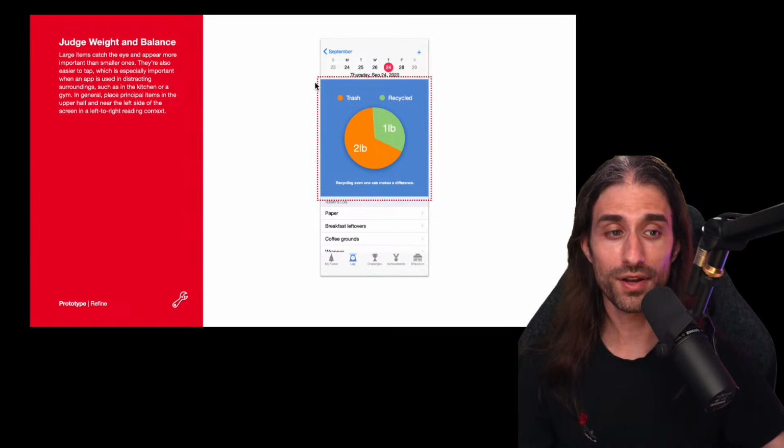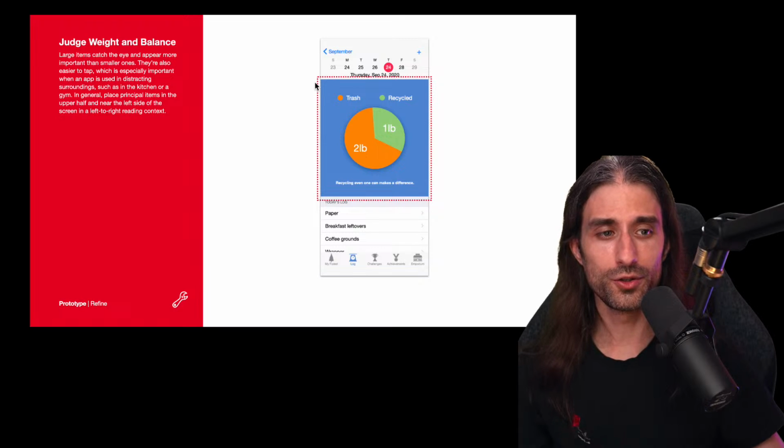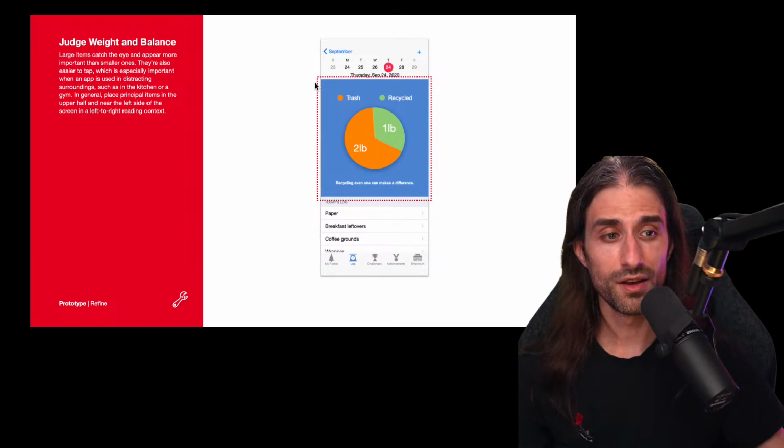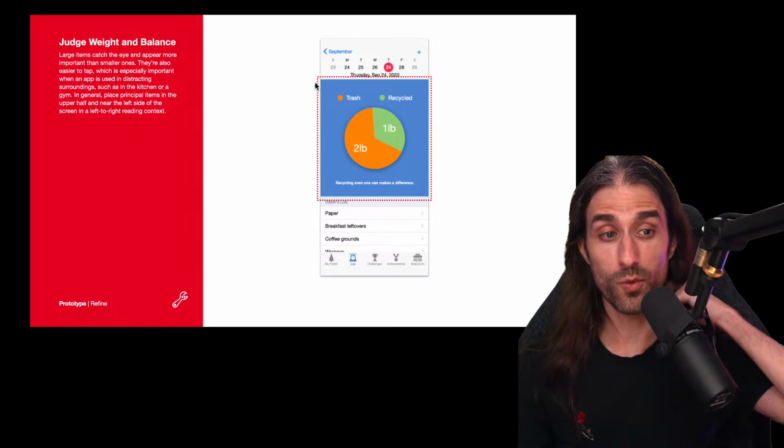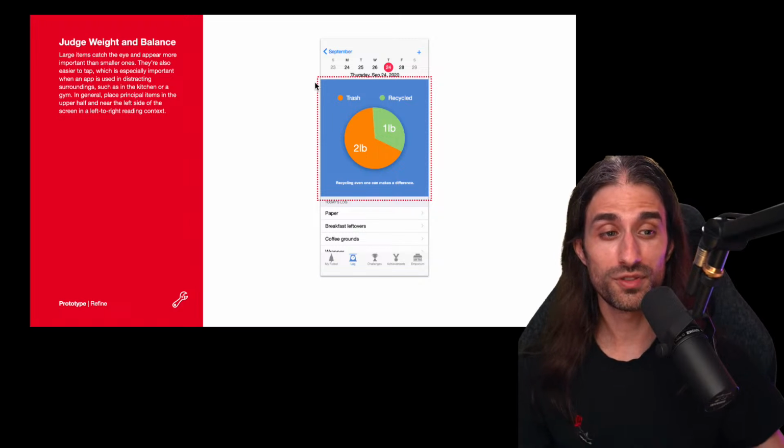The same thing can happen when you design an app and play against you. So it's very important to be mindful of that, and to be aware that when you design a screen, you will usually focus on it heavily for several minutes, maybe even an hour. But when your user sees the screen, they will not give it their full attention, and they will look at it maybe for 1 or 2 seconds.